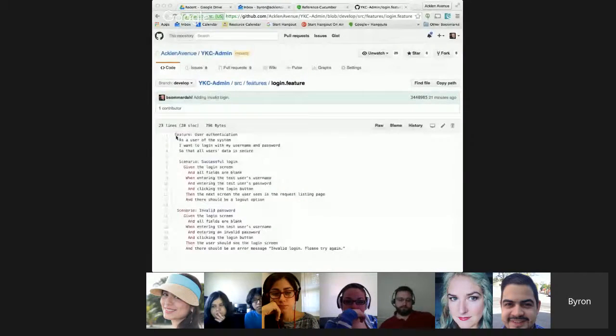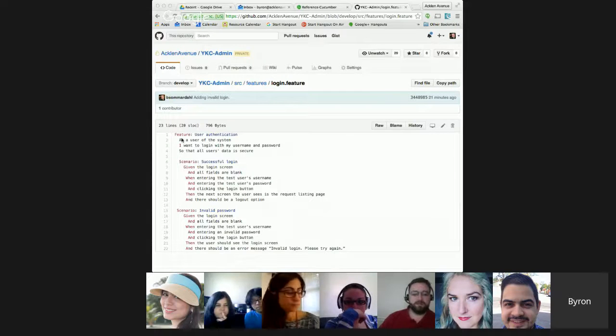And I'm going to drill into features and login feature. Oh, it does kind of. Here, I'll show you what I'm talking about. It does kind of highlight the syntax just a little bit. Can you see that? Yes. So red feature. Scenario given. Yeah, that's all we really need. It kind of does.